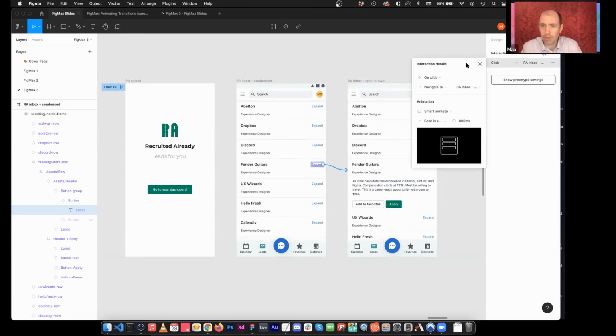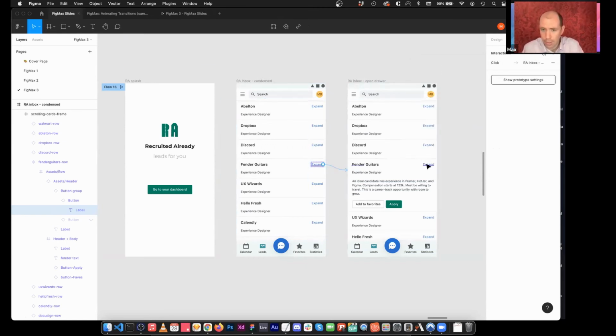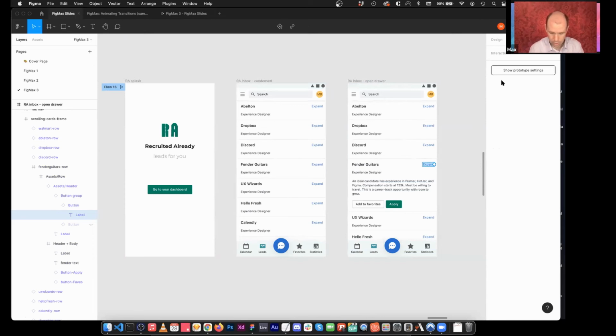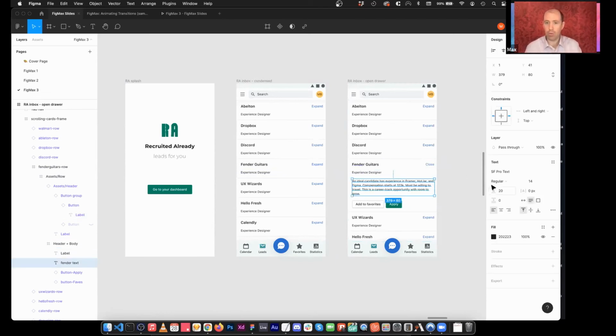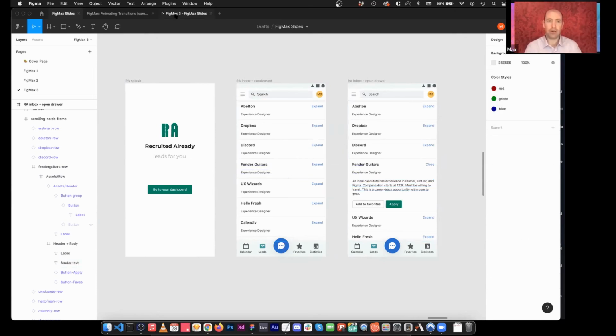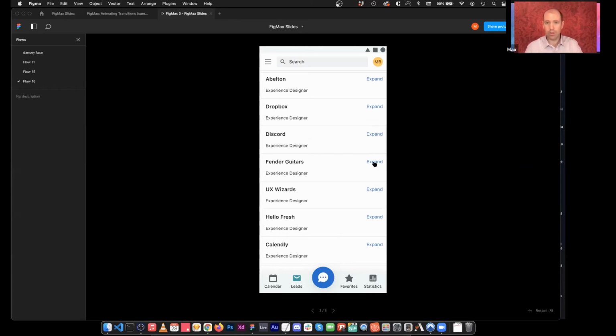So we've got our Smart Animate. We'll play with the time another time. We're going to change this to say close. So now the parameters that are going to change are the shape of these letters from expand to the shape of the word close. So that's going to crossfade. These items are going to crossfade their positioning, so it's going to start up and slide down. They're also going to crossfade their opacity. Right now we have it set to 0% opacity and it's going to fade to 100% opacity. So all those things happening at the same time tell your eye that this pretty cool looking